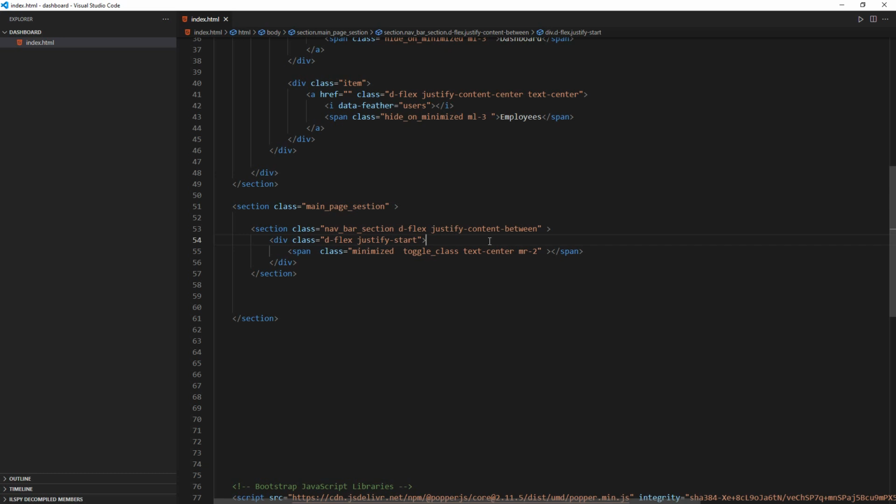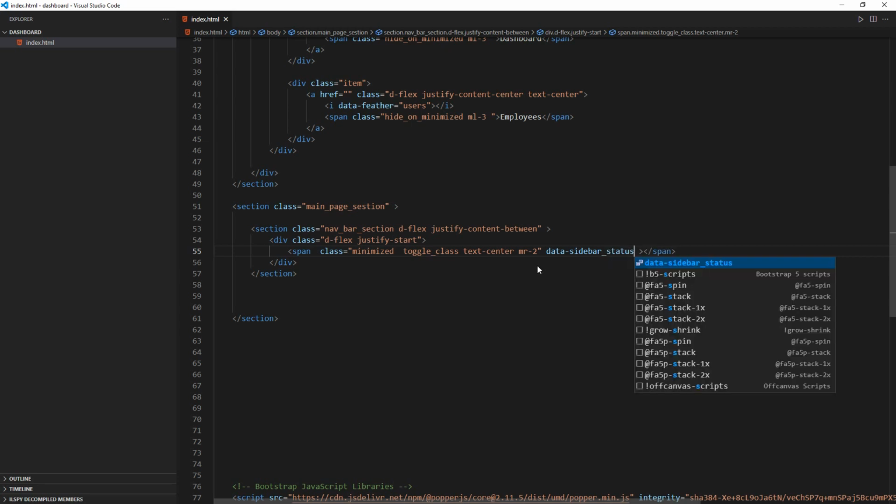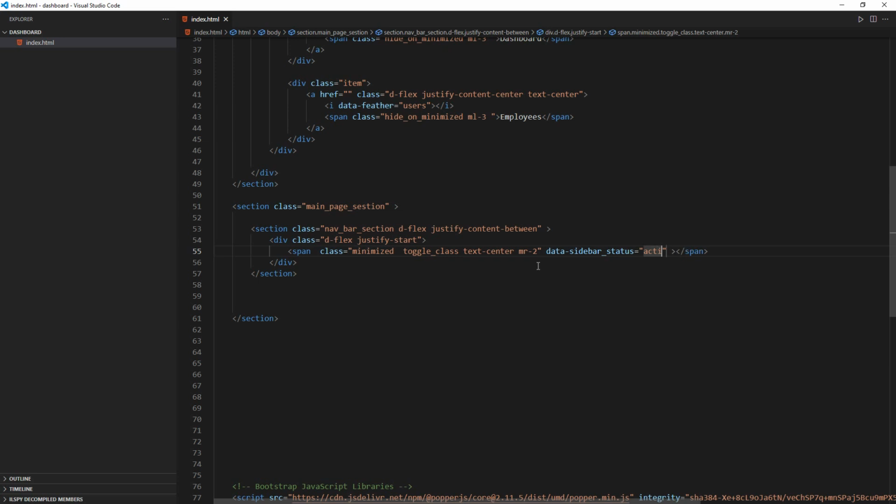So here I'm going to say data sidebar, there should be sidebar status, and value is going to be active, like that. And so inside here I'm going to have an icon,